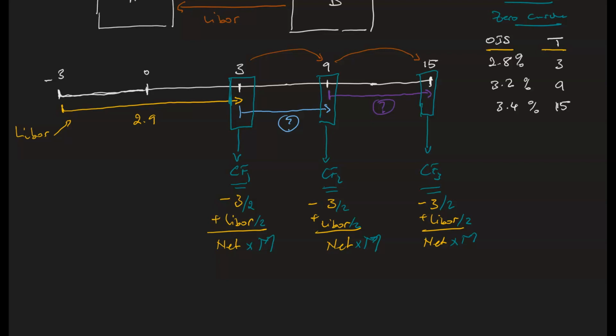The question though that I have is, what is the LIBOR that I'm going to apply for this first period? Well, the LIBOR rate that I'm going to apply for this first period is fairly obvious. It's given to us. That's that value here, 2.9%. So that first LIBOR rate is given, and I don't have a problem finding it. What I need to know though is what is the second LIBOR rate here, and what is the third LIBOR rate. And to do that, we're going to use